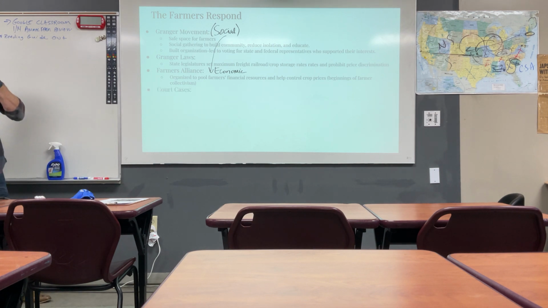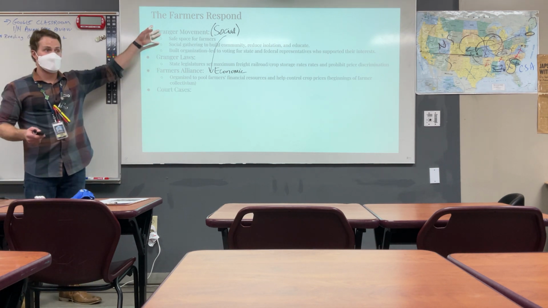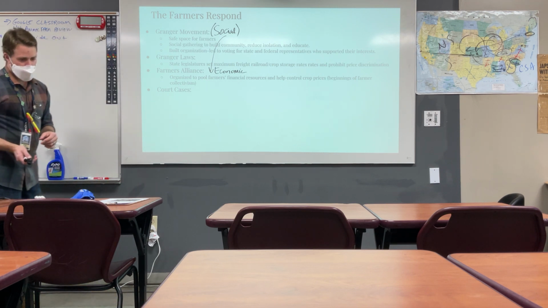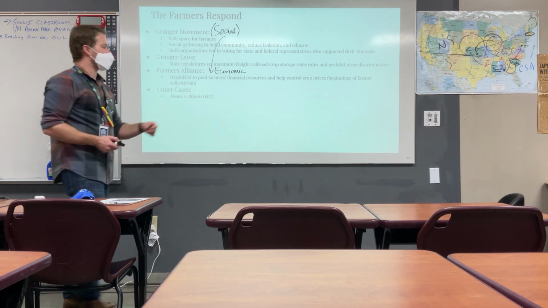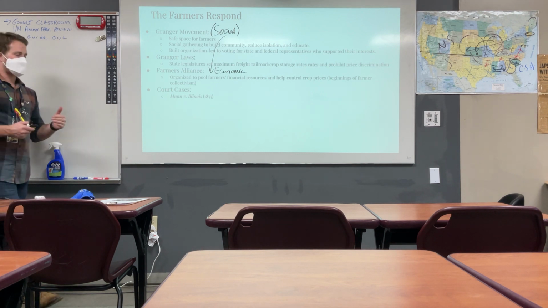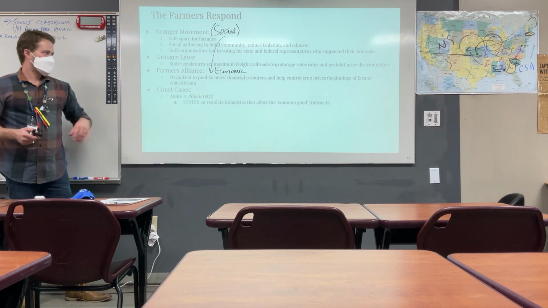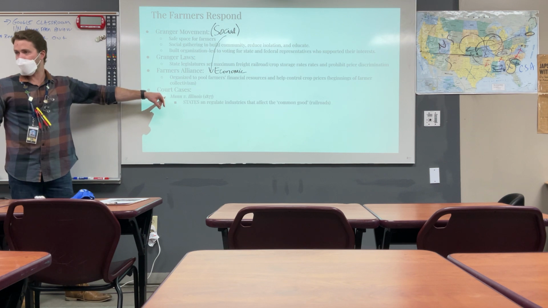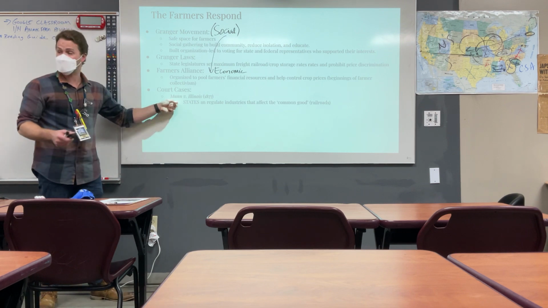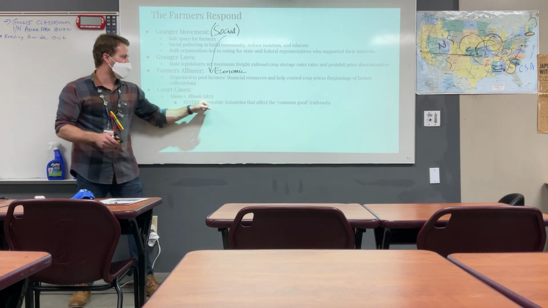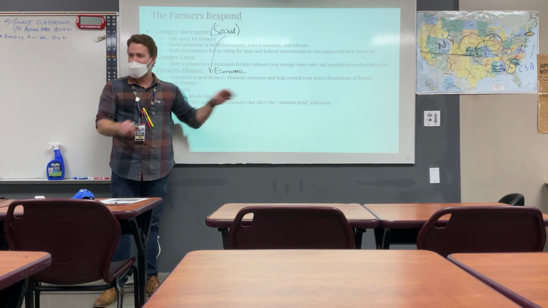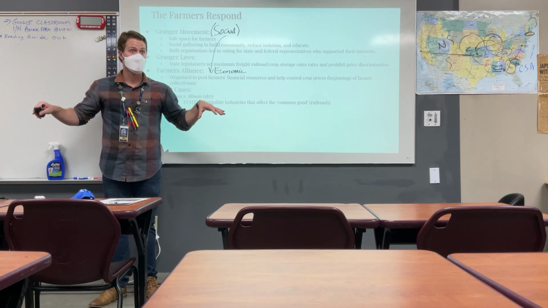Now there are two court cases to note that both deal exactly with this that I'll ask you to commit to memory. The first is Munn versus Illinois, which is decided by the Supreme Court in 1877. And I ask you, is this good for farmers or not? Let's decide. In Munn versus Illinois, the Supreme Court ruled that states, so Idaho, Nebraska, Colorado, all these western states, are allowed to regulate any industry that affects the common good. Any industry that affects society as a whole, like railroads.